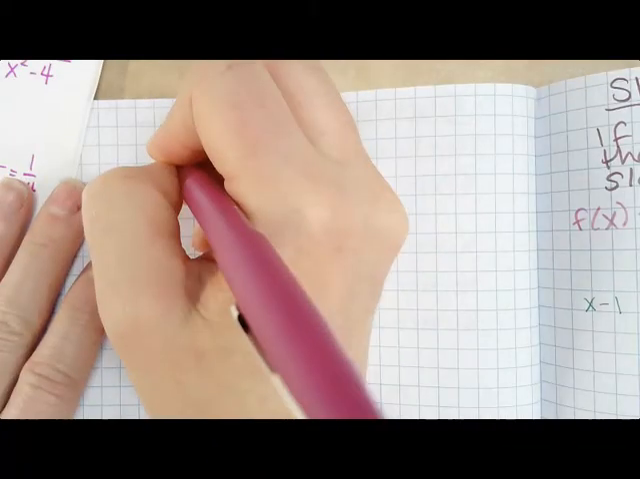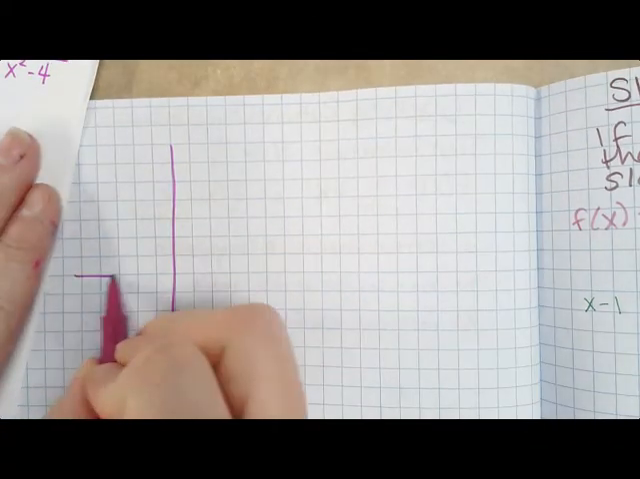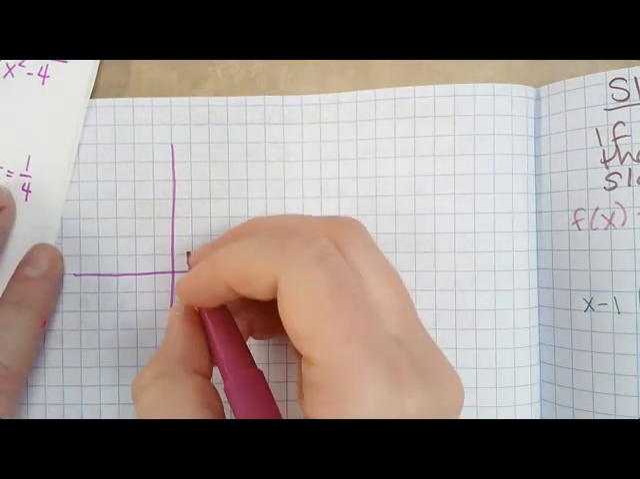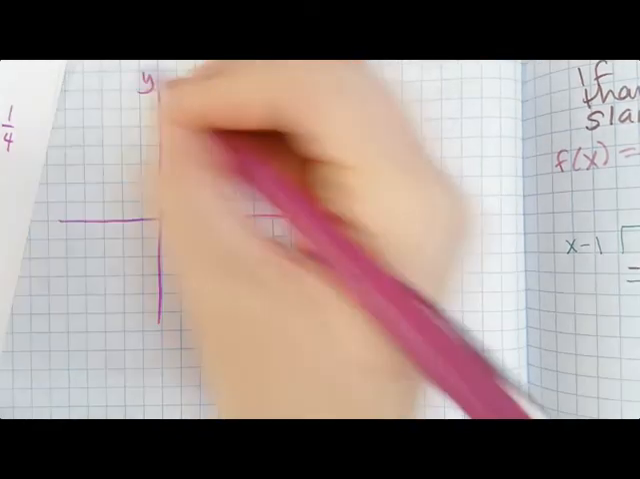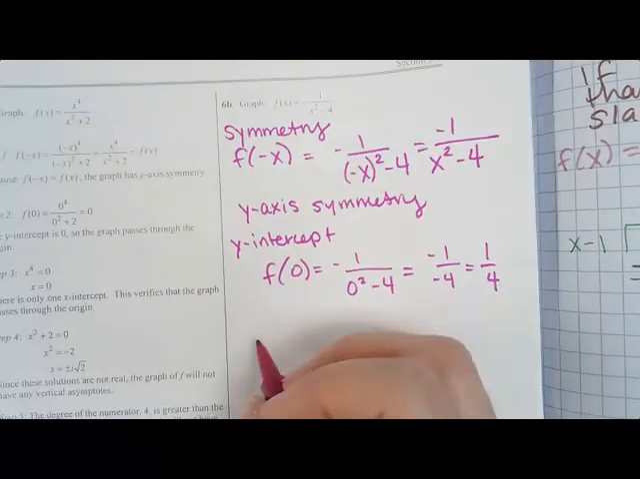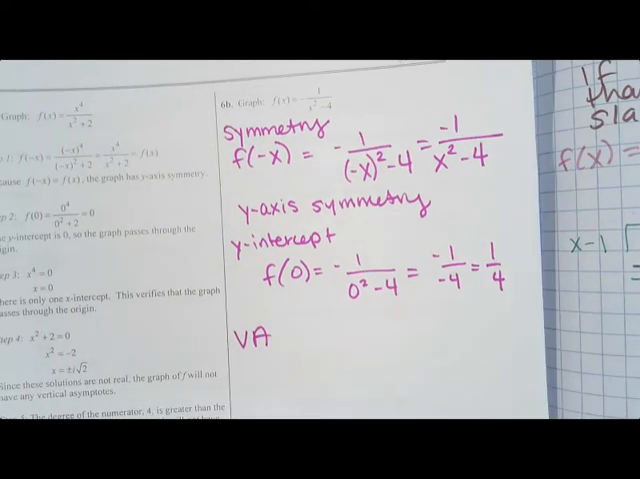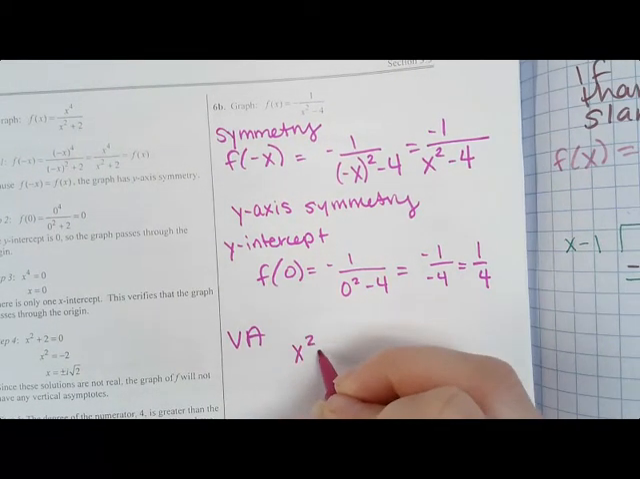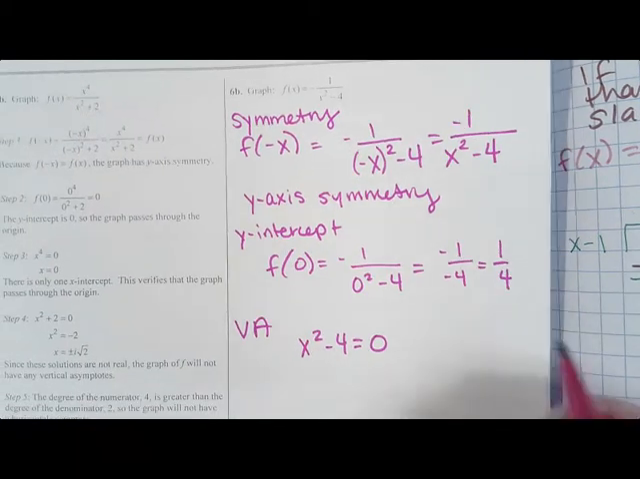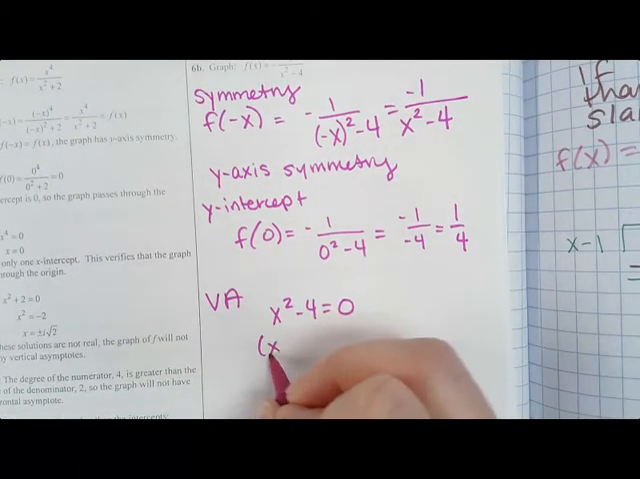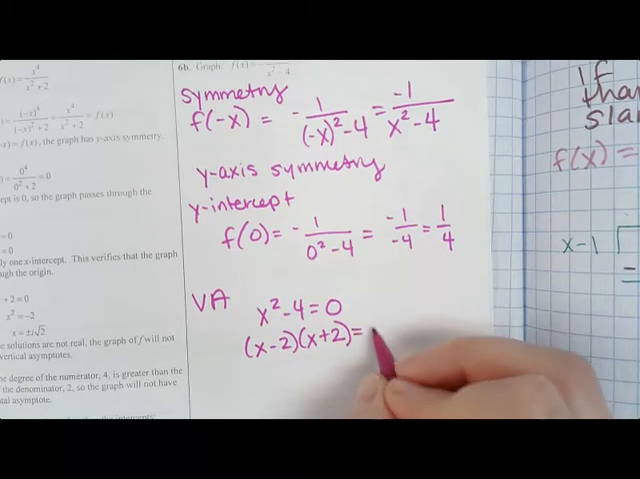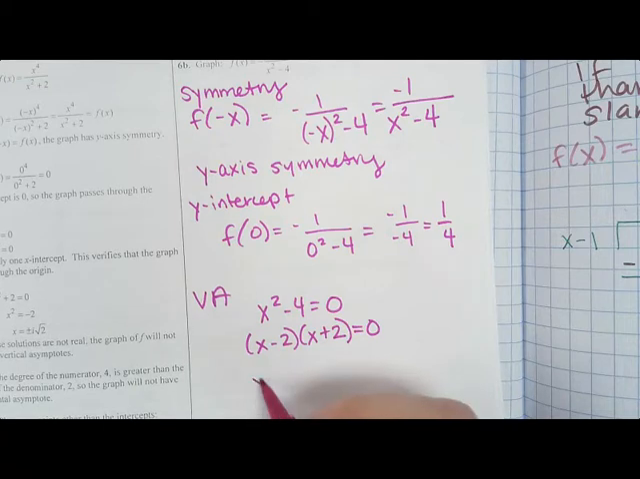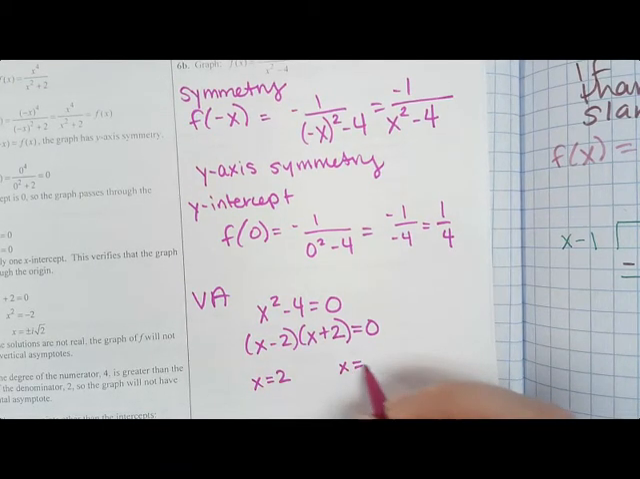So when we graph it, our y-intercept is at positive 1/4, so it'll be right about there. Okay, so let me find the vertical asymptote. That'd be when x squared minus 4 equals 0. You could factor this or solve it, but it can be factored as x plus 2 and x minus 2. So if we solve this, x equals 2 is a vertical asymptote and x equals -2,